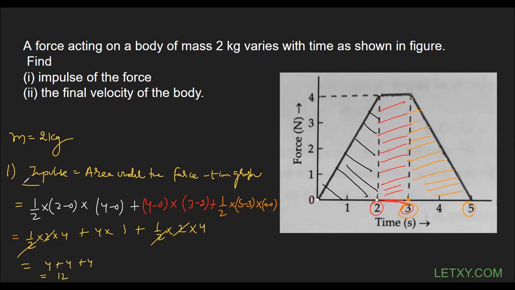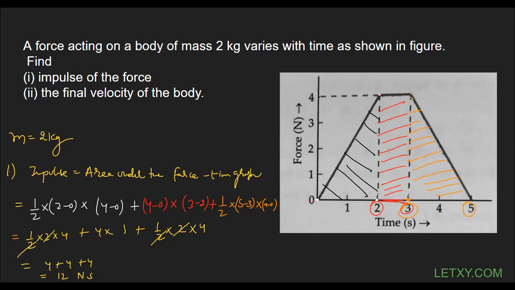So what are we calculating? Impulse. So the SI unit must be Newton second. I hope you got it. I mean to say, the answer is coming out to be, not the formula. The answer is coming out to be 12 Newton second. This is the impulse. You can also use the unit kg meter per second, but Newton second is also fine.